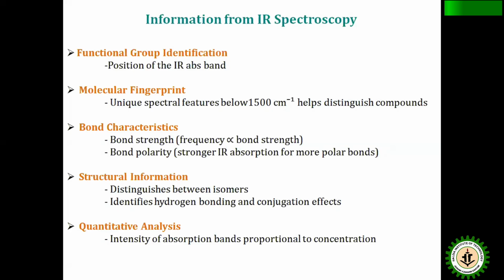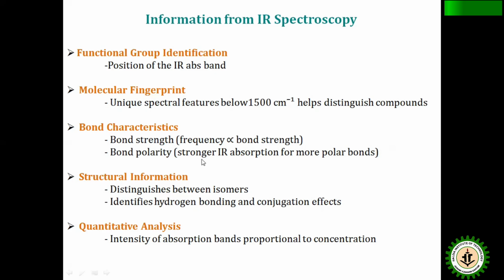And when we compare the unique absorption features appearing in the fingerprint region, that is below 1500 centimeter inverse, we can unambiguously identify the molecule present in the sample. We can also have information about the characteristics of the bond, because the force constant represents the strength of the bond. Intensity of the IR absorption band represents